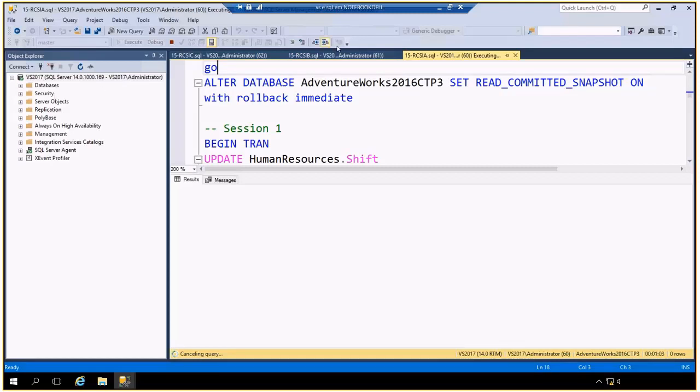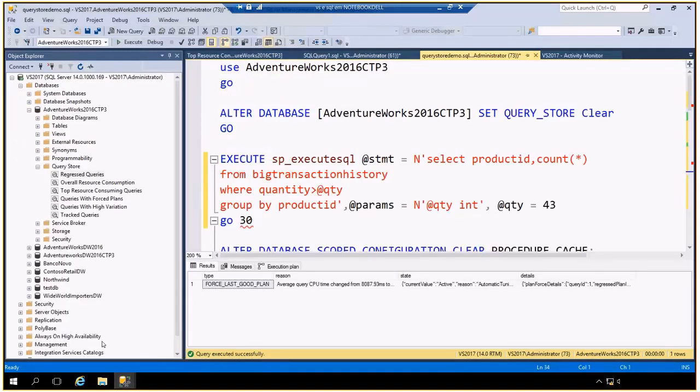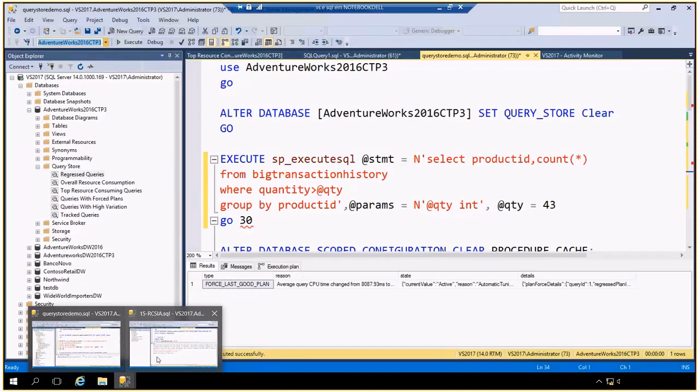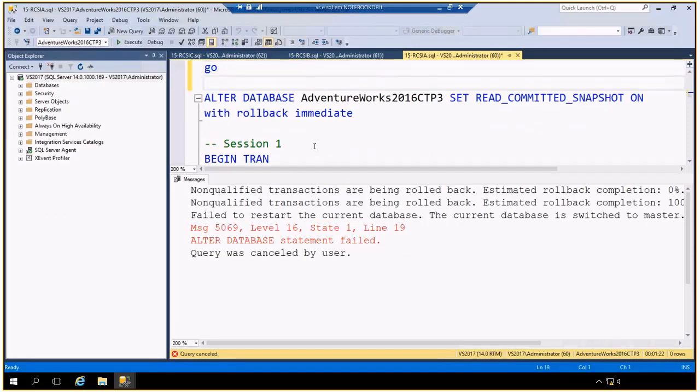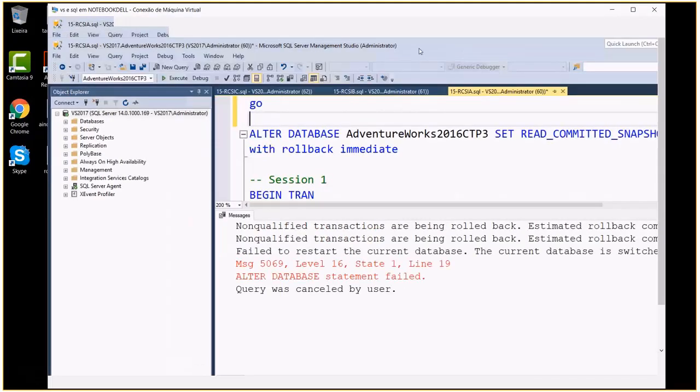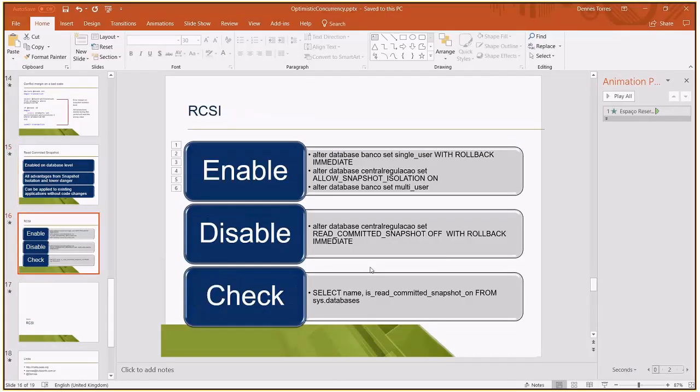Probably it's another SSMS connection, maybe from the Object Explorer using the same database, or maybe I have another window here. It failed and was cancelled. I need to set single user to ensure that this doesn't happen. The instruction, let me copy that. I'm lazy.